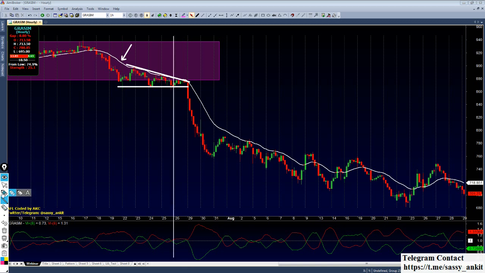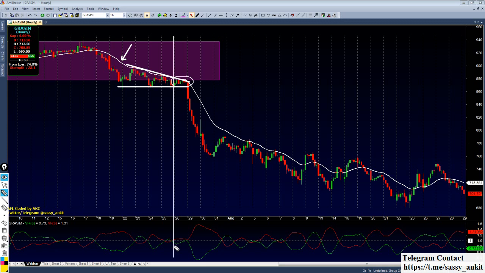Now you can see the triangle is doing a squeeze here, and when we look at the vortex, my red line is coming above the +1 value. So this also indicates that there is a high chance of breakdown on the lower side. Now what you need to do is observe that the buyers are getting dead. This can be observed using this.